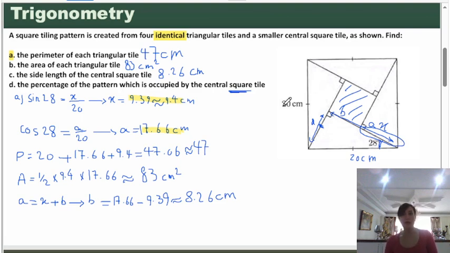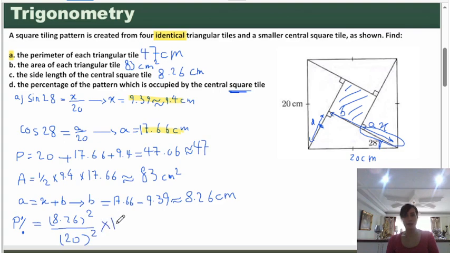What's the whole area? 20 times 20, 20 squared. So the percentage that the central square occupies equals the area of the central square, 8.26 squared, over the whole area of this tile, which is 20 squared,